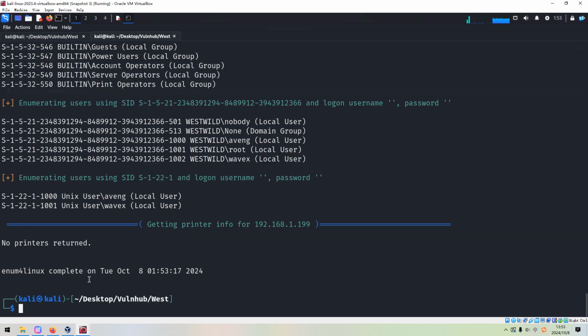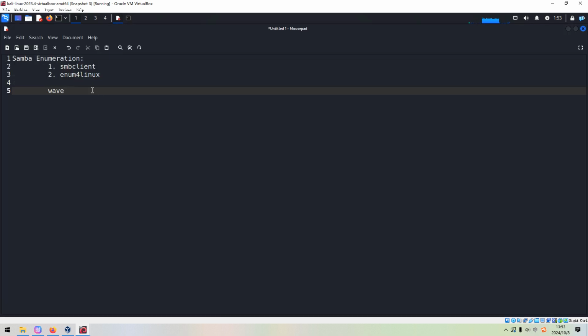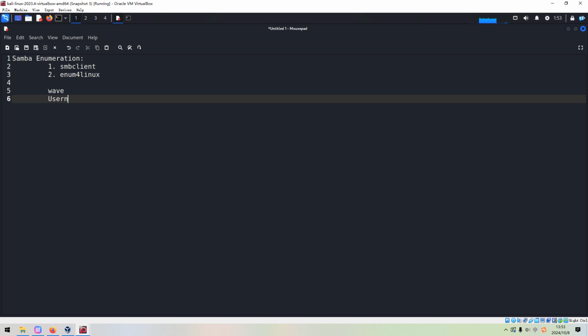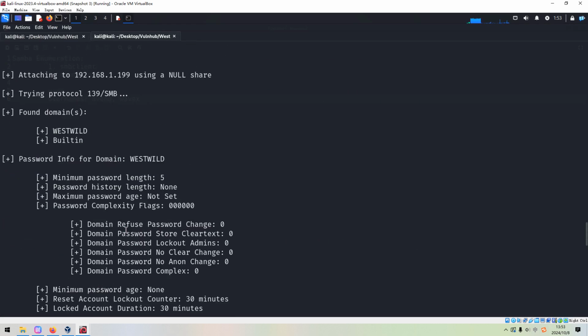And as you can see here, two usernames have been enumerated out. The first one is Avenge. We can put the usernames over here. And the second one is Vivex.